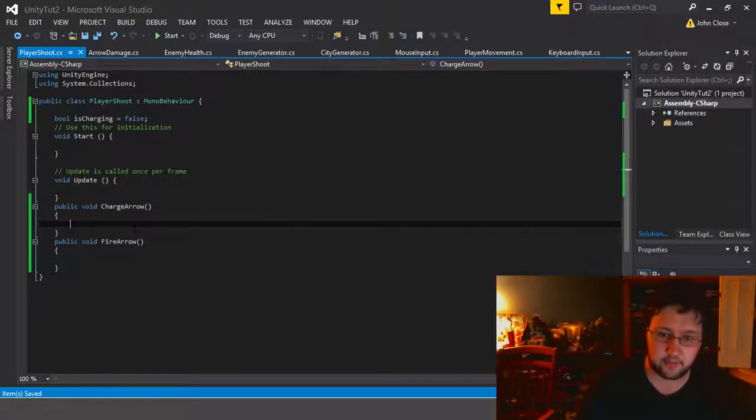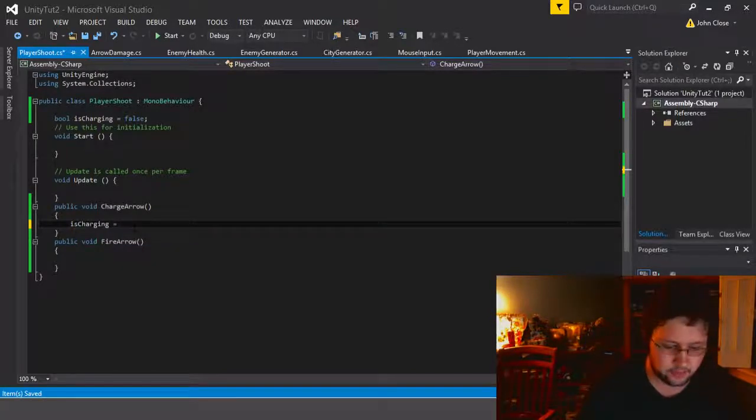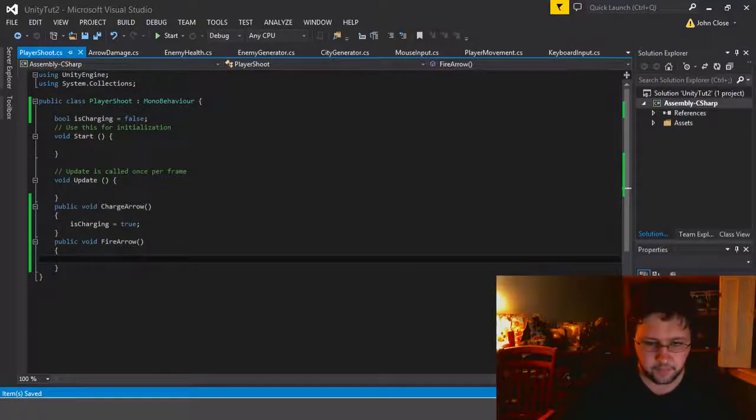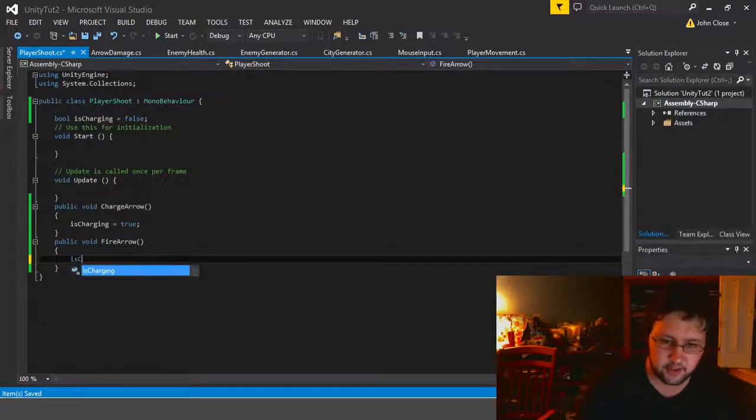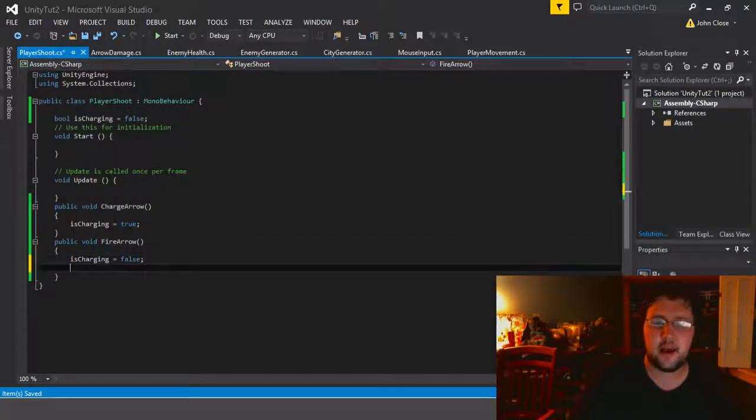So charge arrow just sets is charging equal to true. And then our fire arrow sets is charging to false again. So on release we set it to false, and then in this case we're going to